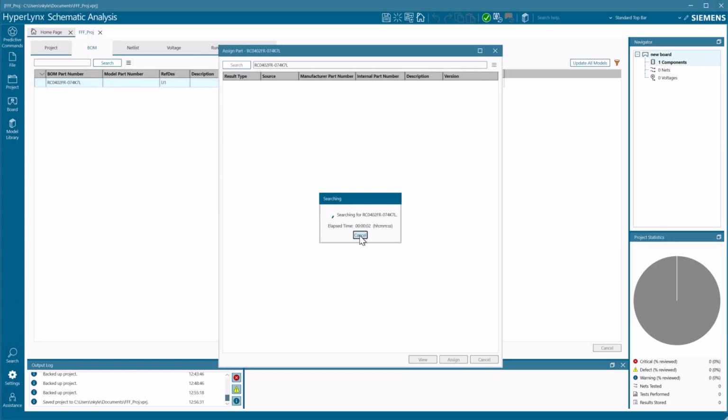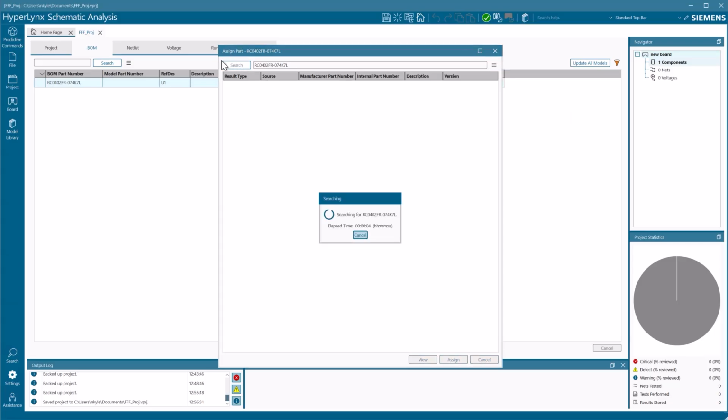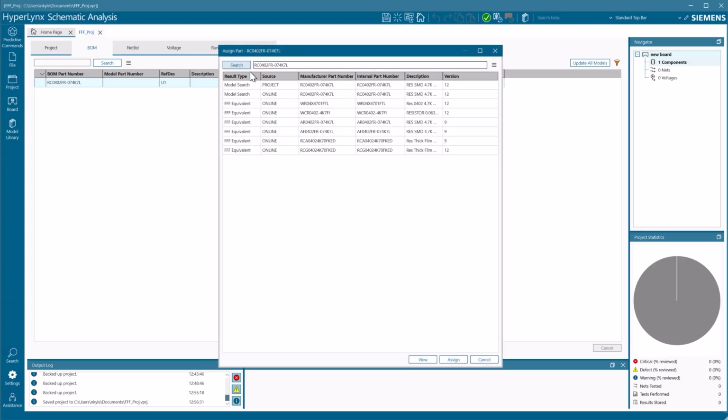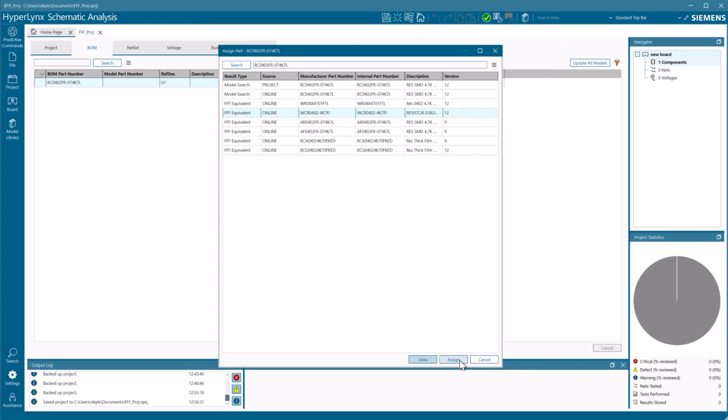Leveraging available data from SupplyFrame, the part search will return any available models that are functionally identical to the original part. Even though the part number may differ, the presented part models are physically and electrically equivalent. Assign an alternative model to your project, and, if desired, map it to your AVL library.